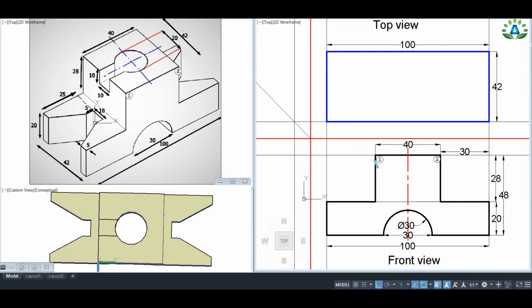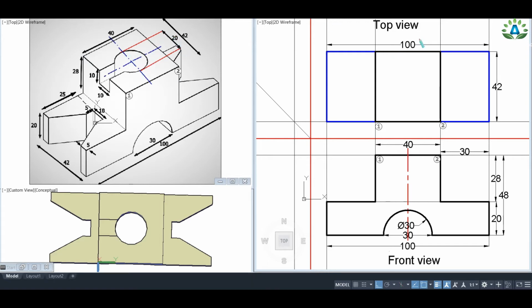So I'm going to project the line from this point number 1 and point number 2. That means this central rectangular block, which is projected from point number 1 and point number 2, has already been located on this side, like this. Inside this rectangular block, we can see that there is a circle of diameter 20, which is given here.